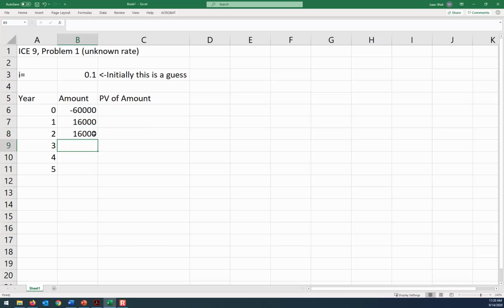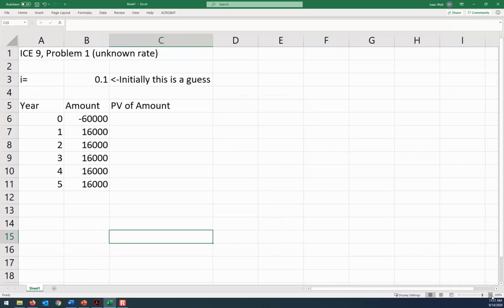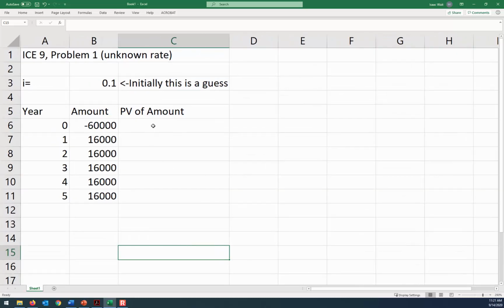Rather than typing that over and over again, what I'm going to do is drag. Do you see there's a little bit of extra green down here at the bottom? If I click down on that and drag it, then it saves me from having to repeatedly type it over again. All right. Now, PV of amount. To tell Excel that we're doing an equation, we use the equal sign. So I'm going to type equals